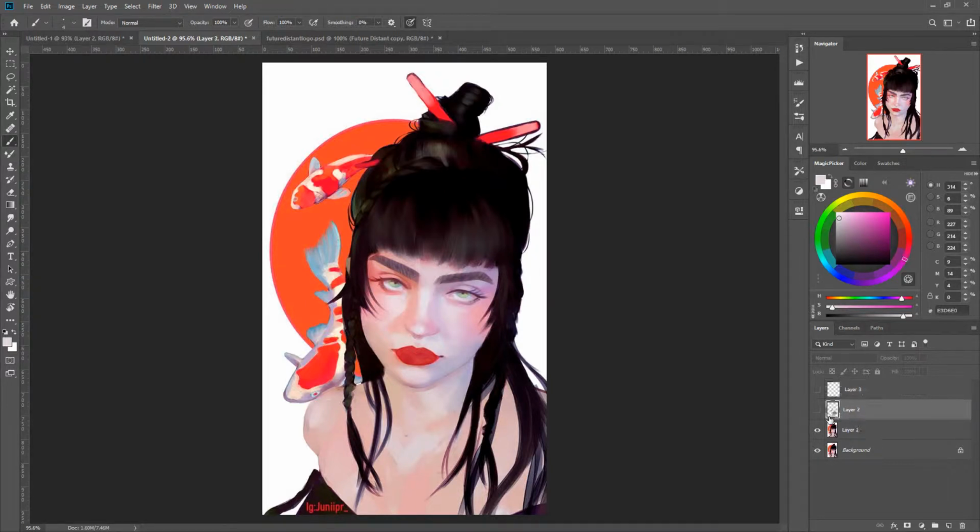The first thing I did is I created a multiply layer, and I used kind of a desaturated purple here because you had purple on the side of your face. So the problem you've got is your face is very flat, and that's due to the lighting of the reference you're probably using. But if you add a little bit of depth to the face, and this is a little bit darker than you probably want, but here I have a sharper edge, and adding a little bit of depth there, I added a little bit of depth around the eyes, around the side of the nose, and around the lips, and you see how that really helps define your